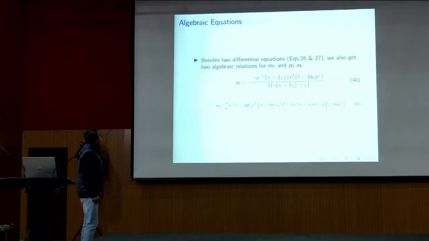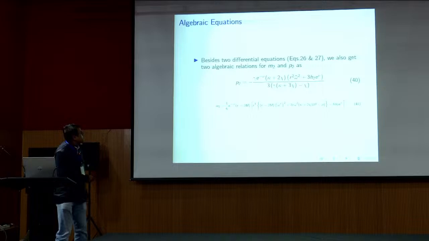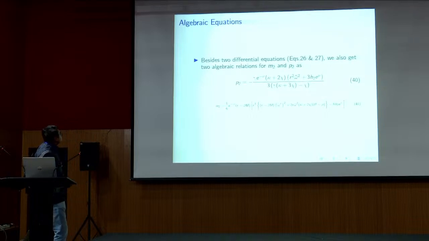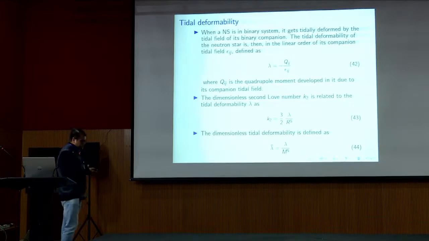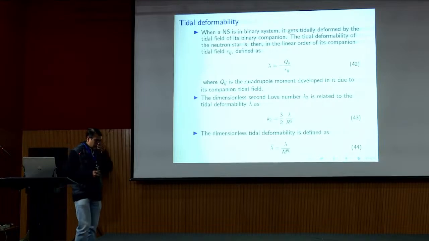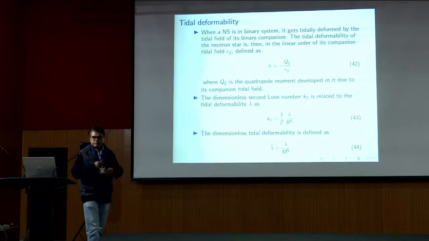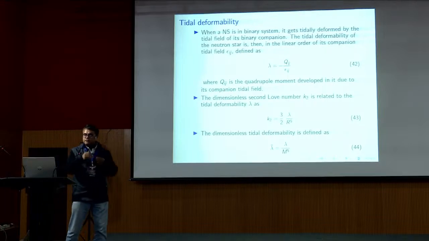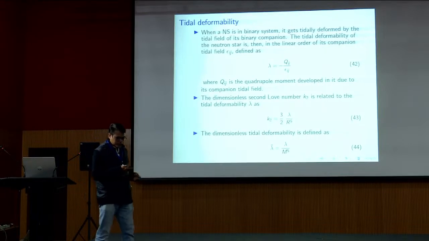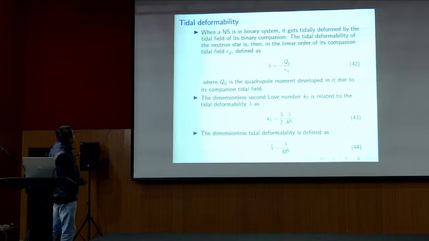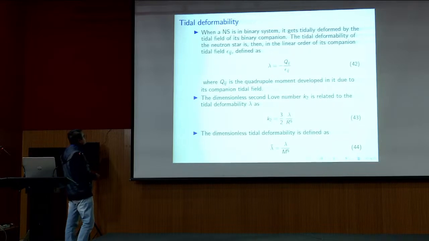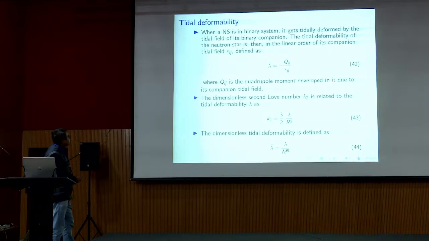Now from the two algebraic equations, we have got the two algebraic equations for these two parts, M2 and P2, as equation numbers 40 and 41. And now I just mentioned that the tidal deformability of rotating stars is very, very important, because we have to study this tidal deformability, because the deformation takes place, and this is the definition of the tidal deformability. This lambda is minus Qij by epsilon ij. This Qij is the quadrupole moment,